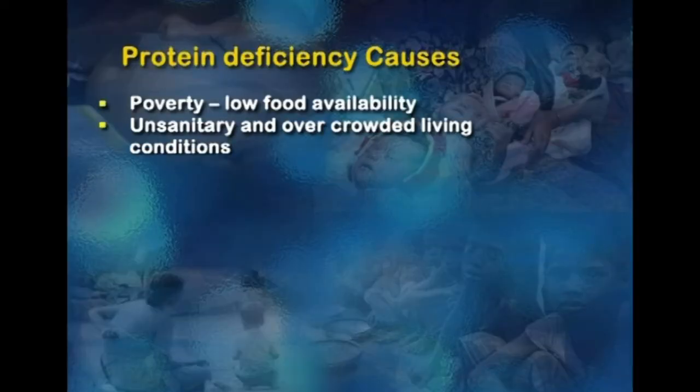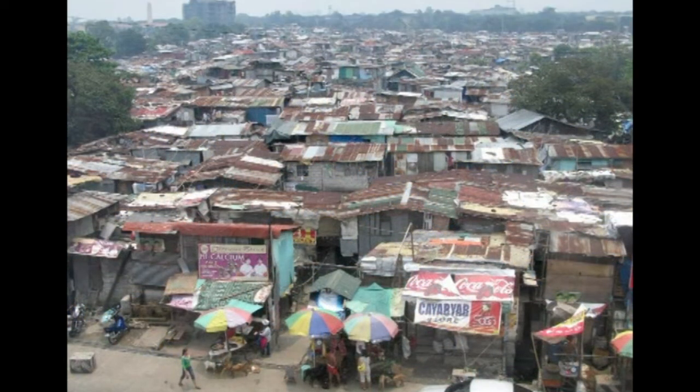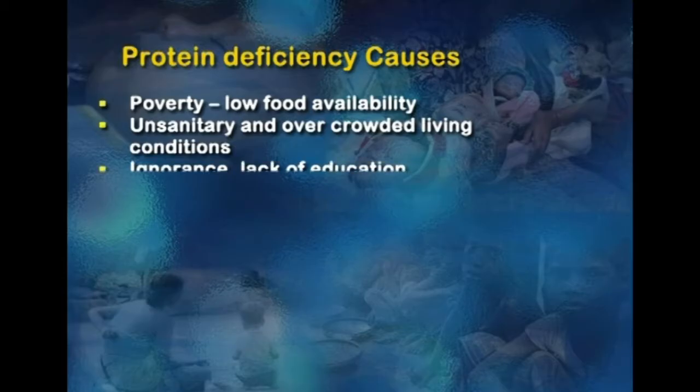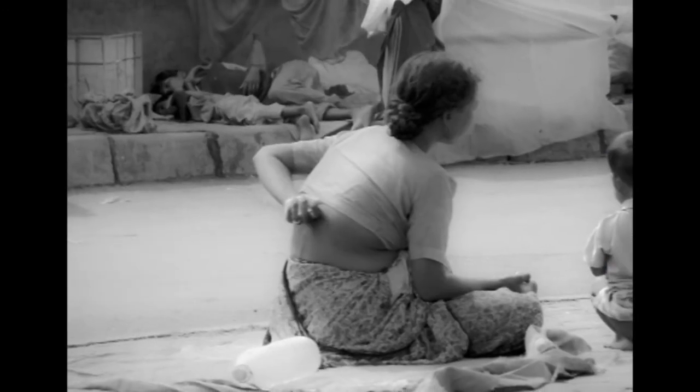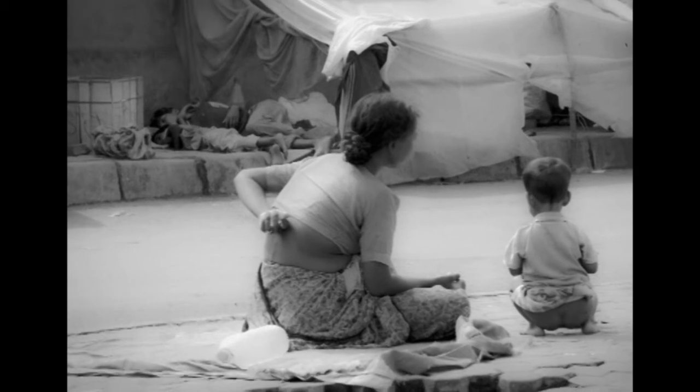Similarly, unsanitary and overcrowded conditions. This is typically seen when there is a mass migration from rural areas to urban areas. Typically, these people settle down in urban slums where the conditions are not proper for human accommodation. Ignorance and lack of education is again an important cause. Mother is illiterate and she does not know what type of weaning foods and what type of food should be